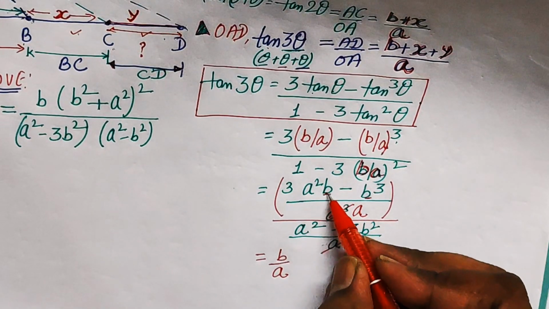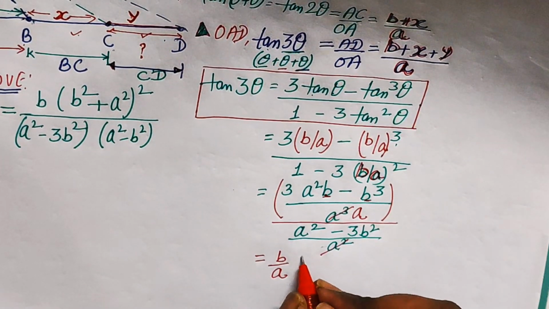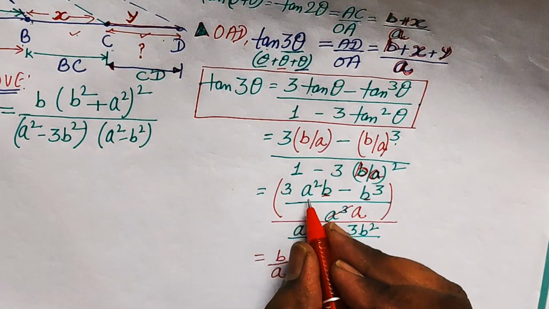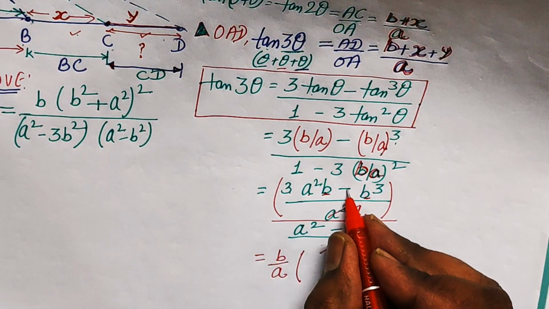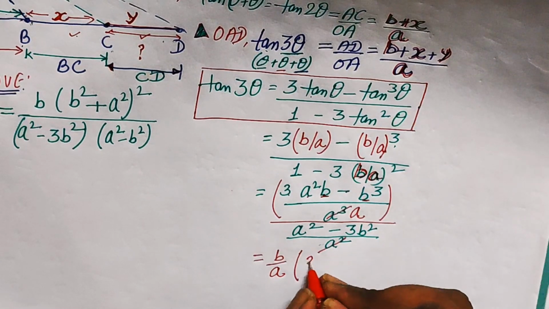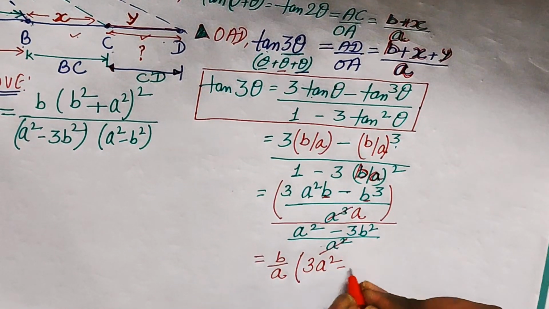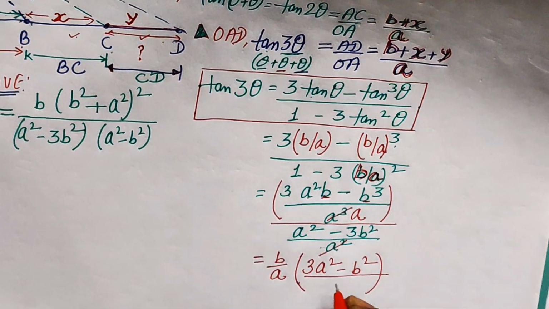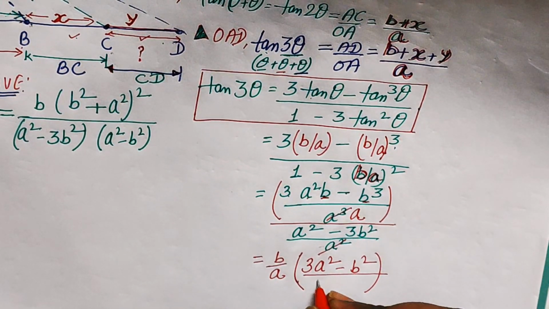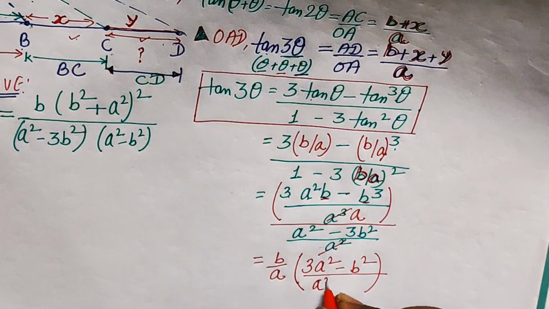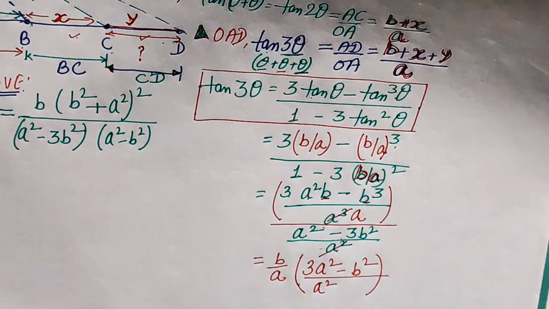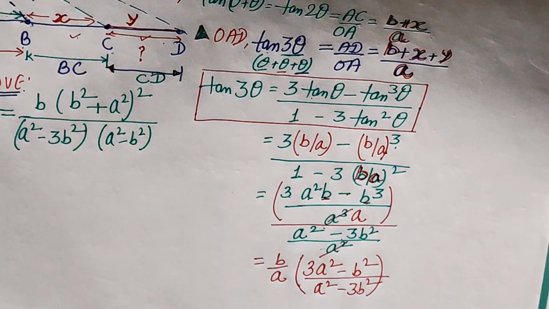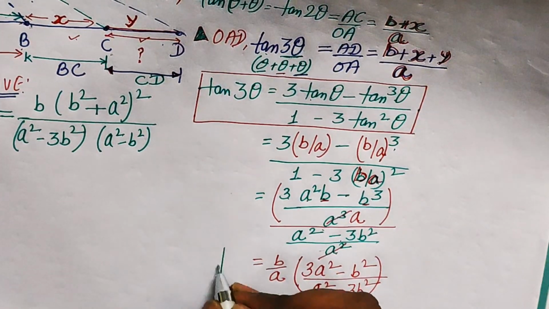This a and this b taken as common, and inside the bracket we have 3a square minus b square, divided by, in the denominator we have, tell me, a square minus 3b square, right? So this is the value of tan 3 theta